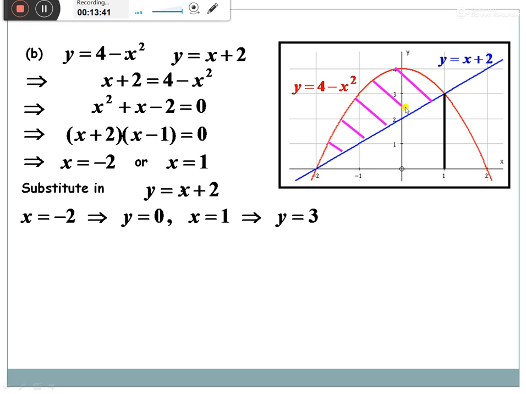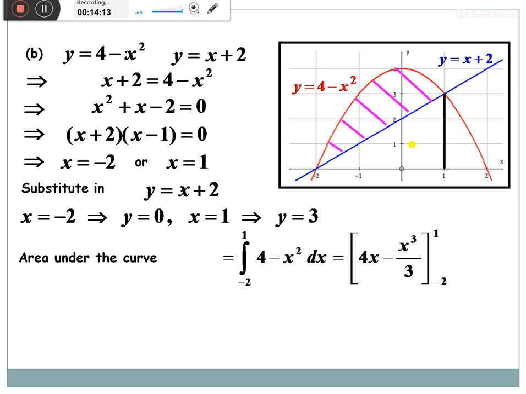To find this shaded region, we have to find the integral from minus 2 to 1 of y of parabola minus y of the line. Either you have to write the integral from minus 2 to 1 of y of the line, it is your choice: find the area under the line with the help of the integral, or with the area of triangle formula. And now area under the curve, that is minus 2 to 1, 4 minus x square,